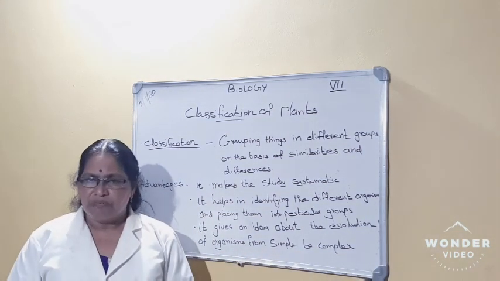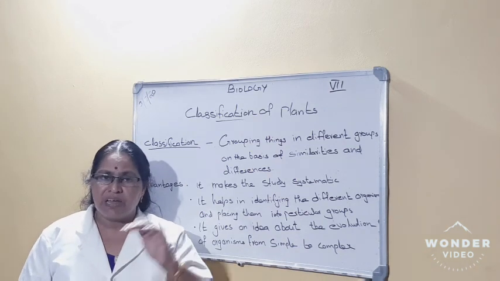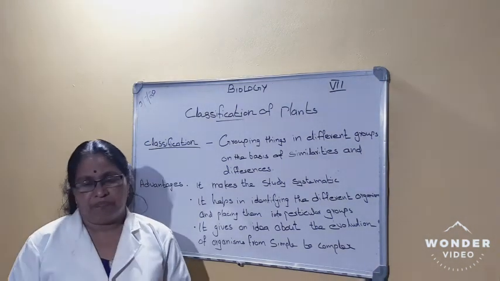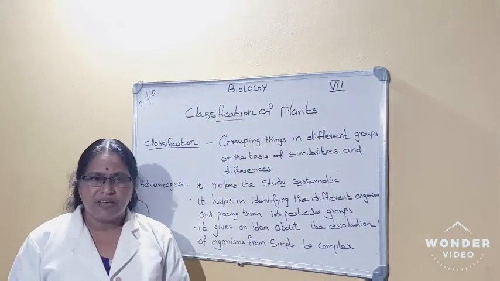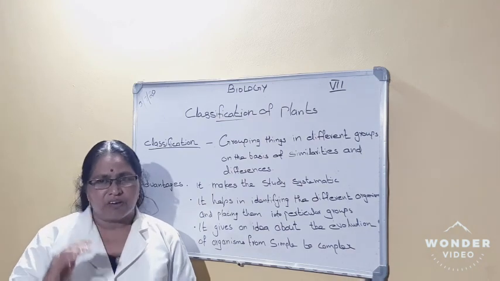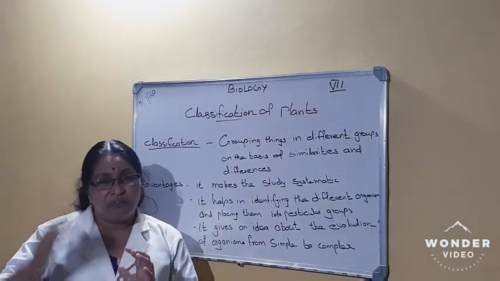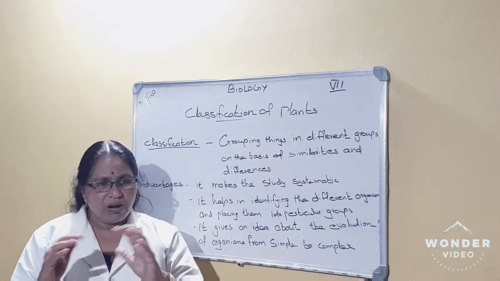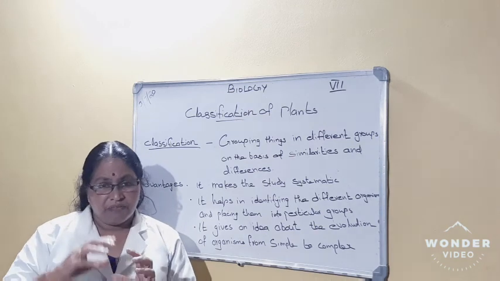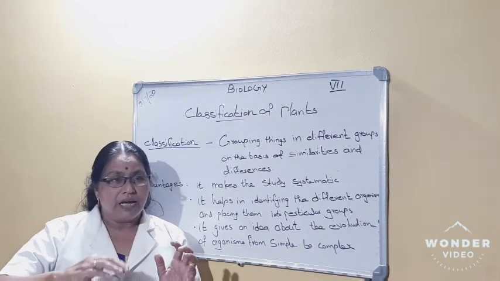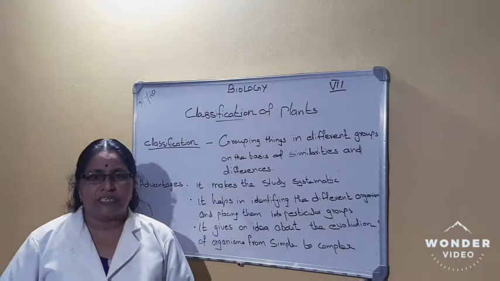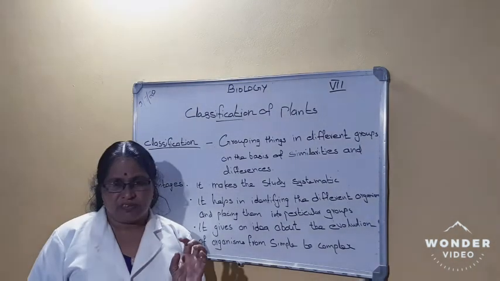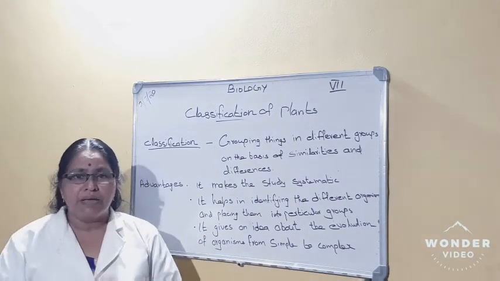Simple to complex. Before that, you have to know the meaning of evolution. The meaning of evolution in Malayalam is parinamam, maatangal. That means you all learned that we all evolved from a forefather, that is the monkeys. Human beings are evolved from monkeys. Like that, all living organisms have an evolution. After many changes, we got this shape. So that is called evolution. More about evolution you will learn in higher classes. You might have studied about the early men.